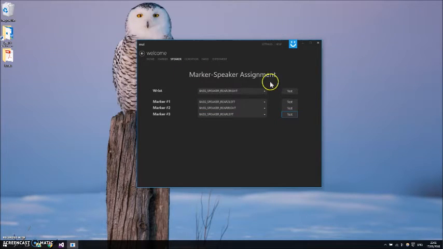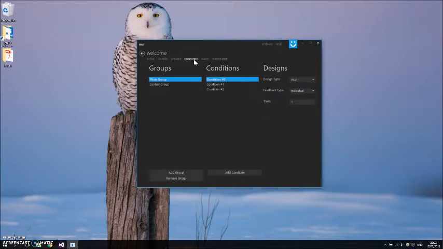So we are done with the marker speaker assignment, and we want to move on to the next phase in our experiment setup. Now, this window over here allows us to create the actual designs that we're going to use throughout the experiment. So, for example, as you can see here, in the design section, we have chosen the